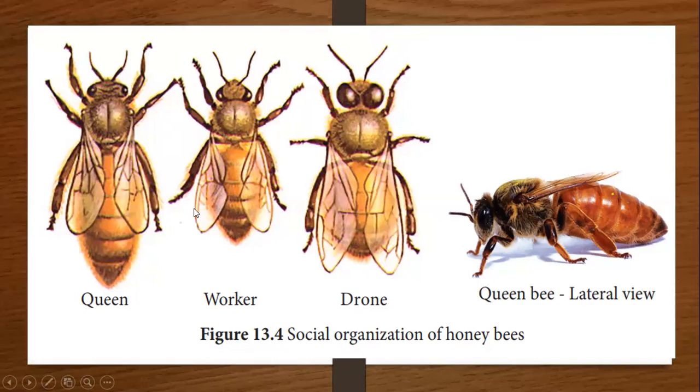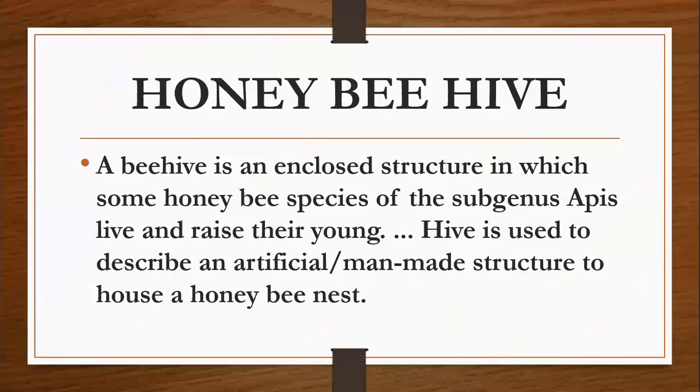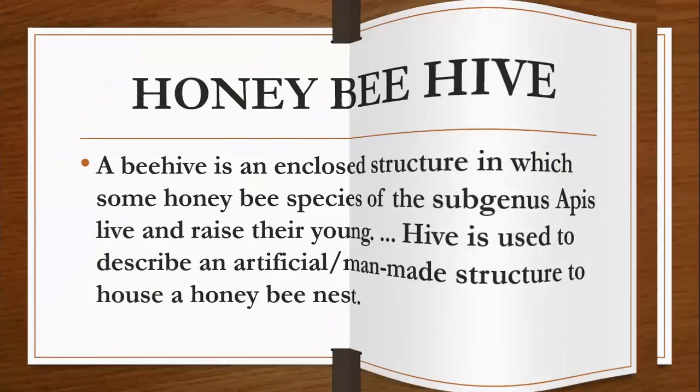They have been given particular assignments, and you will find it strange that animals have been given special tasks, because the queen will not do what the workers are doing, and workers cannot do what the queen is doing. So you see, animals also have special tasks. This is the honeybee hive we are going to study.